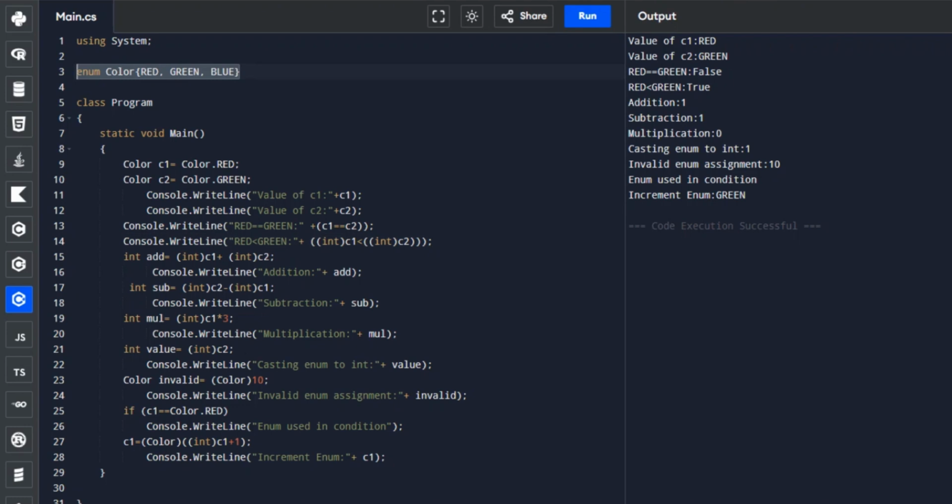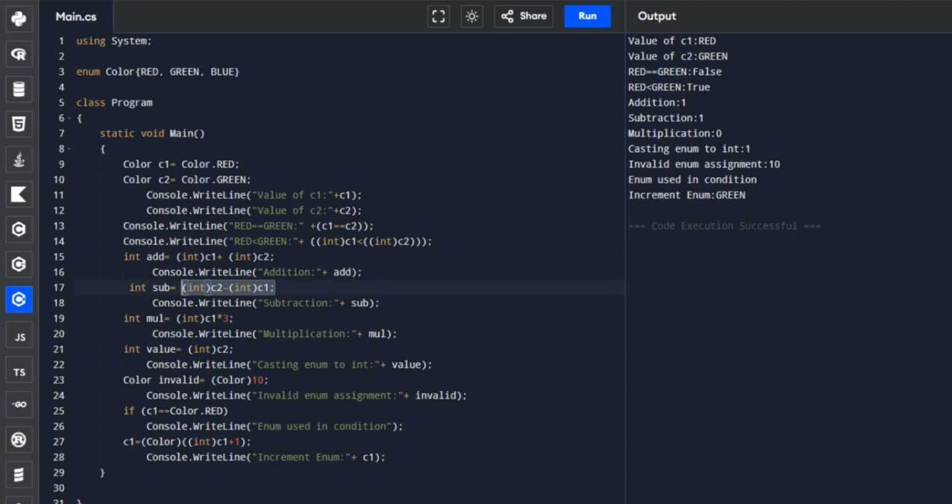However, one important difference is that C Sharp requires explicit casting while performing arithmetic operations. Just like this one, we need to cast. There is a part here where we really perform a lot of casting.